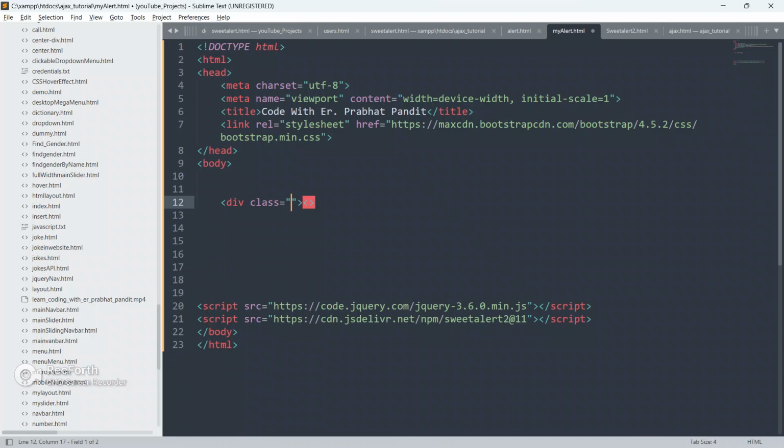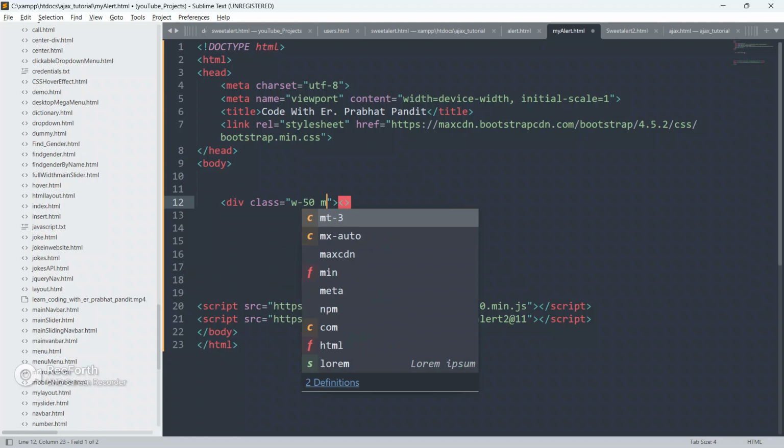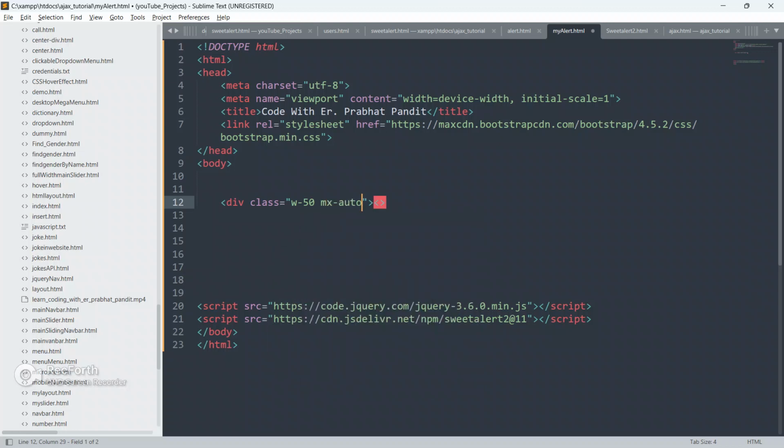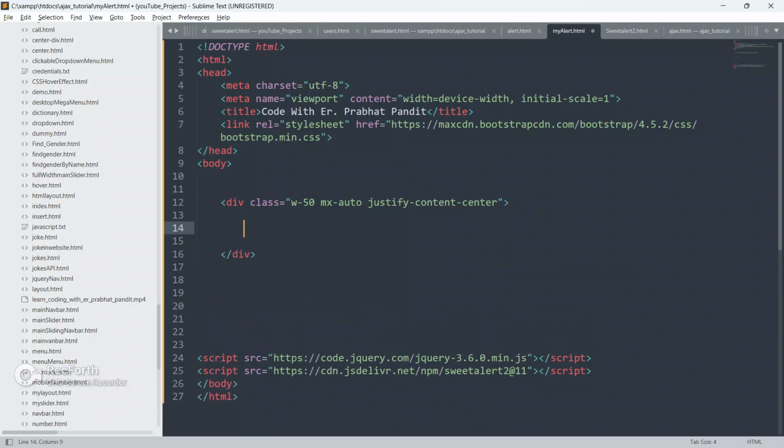Create a div, give it a class as w-50, mx-auto, and justify-content-center.